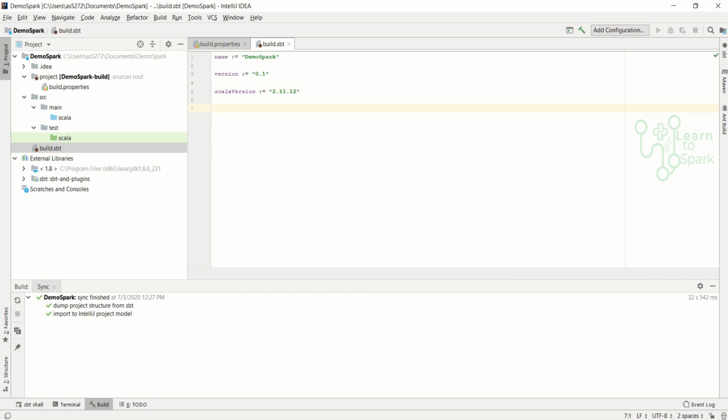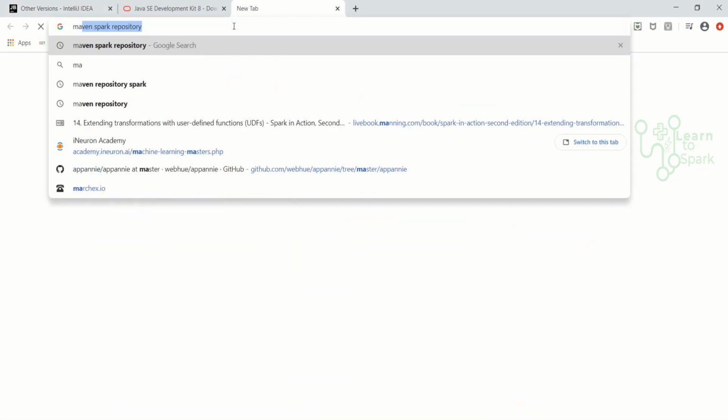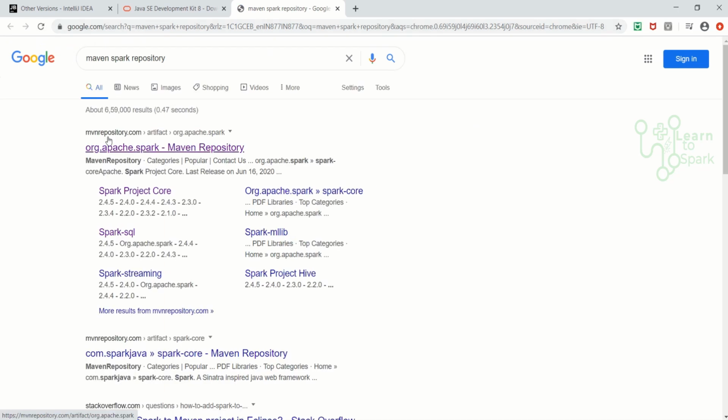Now we are going to add our Spark packages. For adding Spark packages, I am again going to Google and I will open the Maven Spark repository and choose the first link.